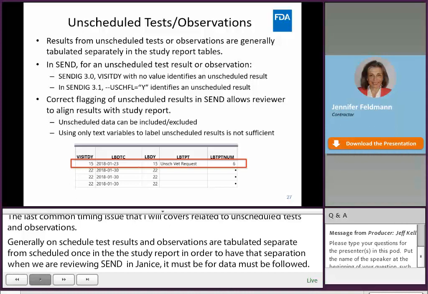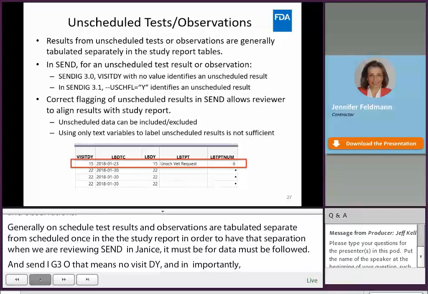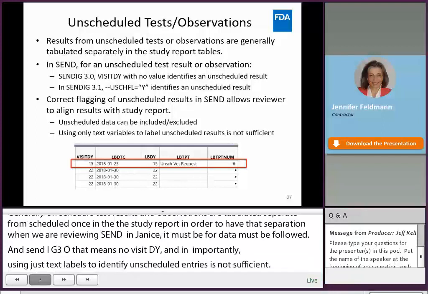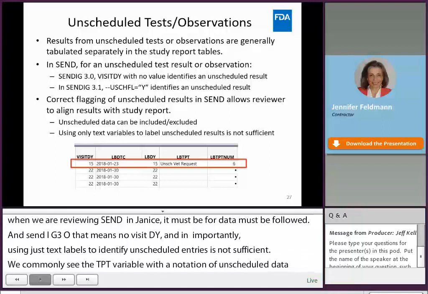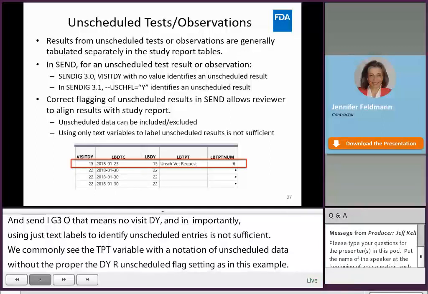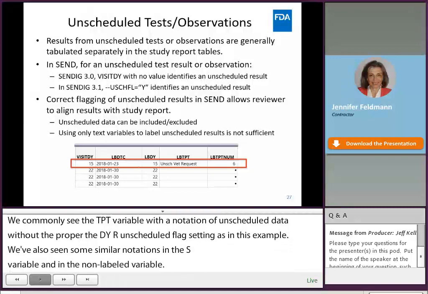Importantly, using just text labels to identify unscheduled entries is not sufficient. We commonly see the TPT variable with a notation of unscheduled data without the proper visit DY or unscheduled flag setting, as in this example. We've also seen similar notations in the SCAD variable and in the nom-label variable. These text notations can be used in addition to the correct visit DY or unscheduled flag designations, but not instead of. So that's it for the common timing issues, and I want to move on now to reporting of categorical